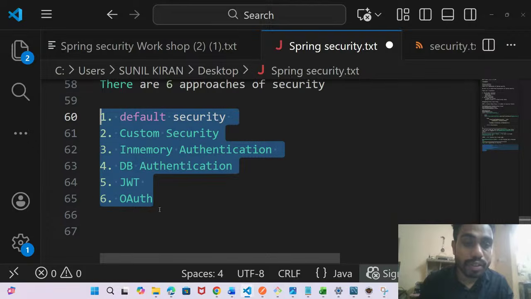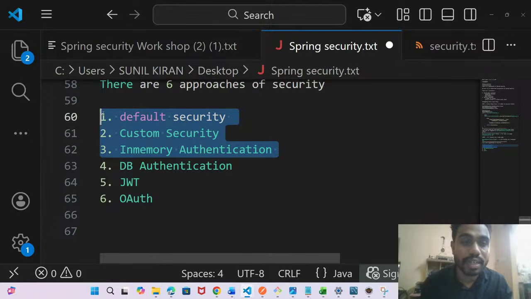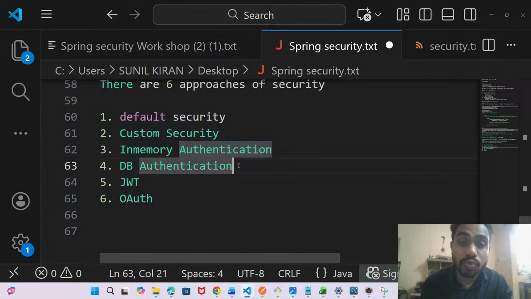Maybe tomorrow we'll cover 2 to 3 approaches, but today I'm very sure we'll cover up to the fourth approach.